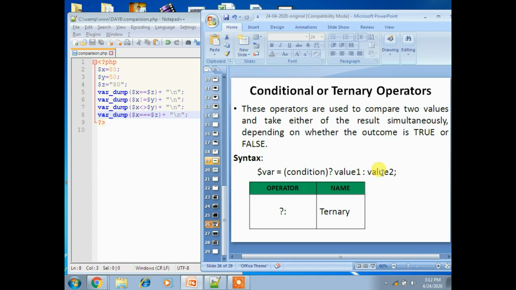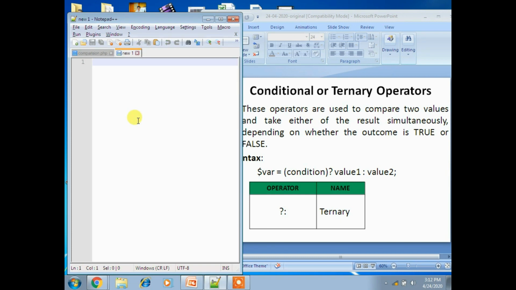Now let's see one example, which is a simple code. I'll take a new notepad. Now I am typing the program with ternary, using PHP. Now $x equal to minus 12, echo $x greater than 0, question mark.